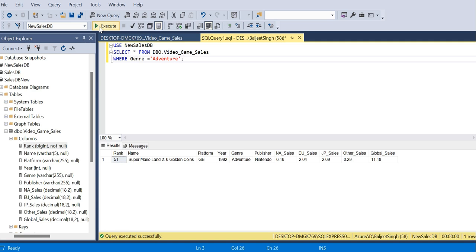This is specifically Super Mario Land 2, and I will draw your attention to the fact that the sales in Japan for this particular game is 2.69 million. Later on, we will build a visualization within Power BI, a query within Power BI, which makes use of this Japanese sales number, and then you will see what will happen if you modify this value within the database.